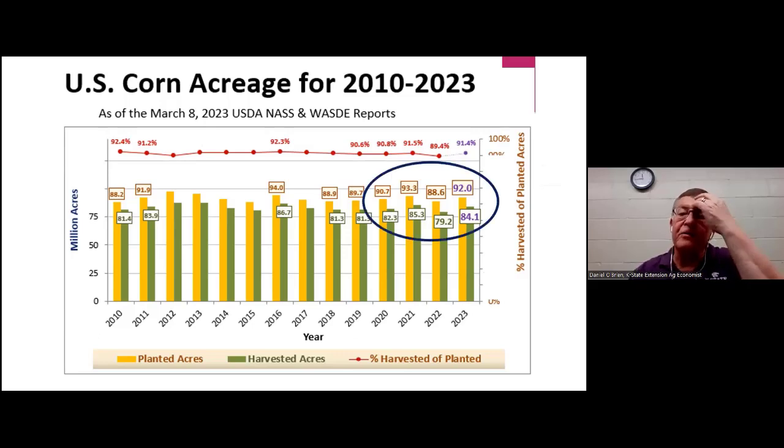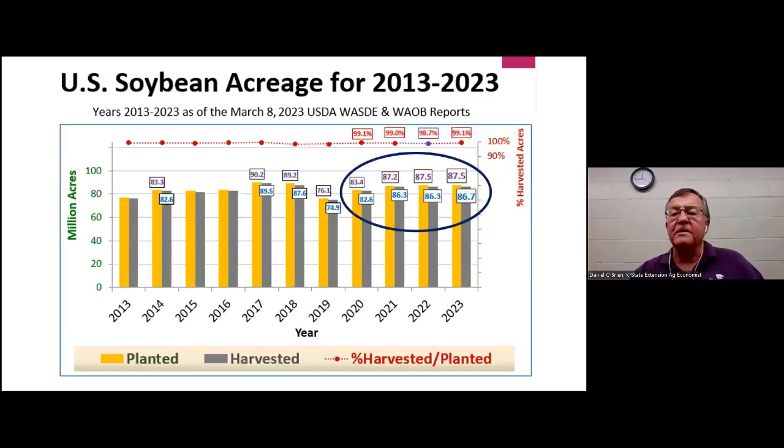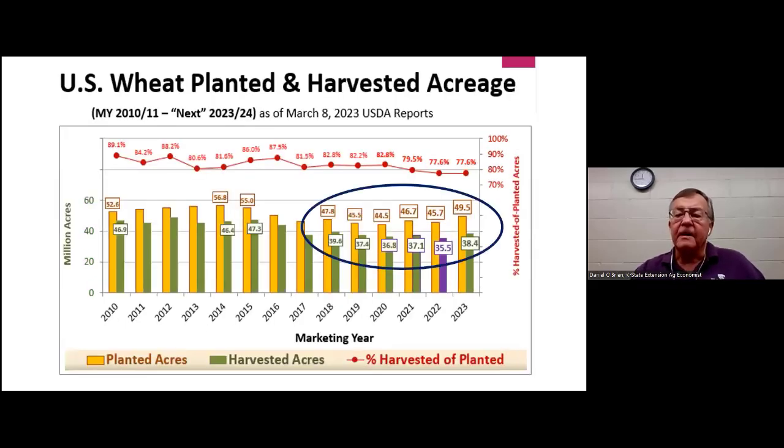And because of that, corn acres are projected by the USDA to be up from the previous year. The issue last year wasn't so much the planted acres, but the drought in the West did enough damage to acreage that 79.2, the harvested acres for corn, and harvested acres for wheat, that really got us, excuse me. For soybeans, projected to be basically sideways. And for wheat, that same issue, that 35.5 in the purple for 2022, that was